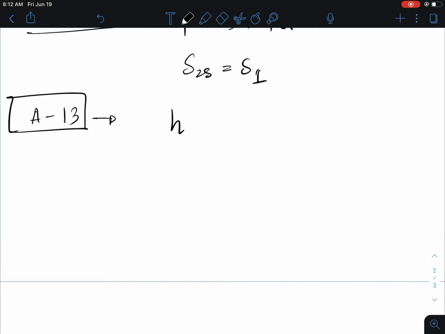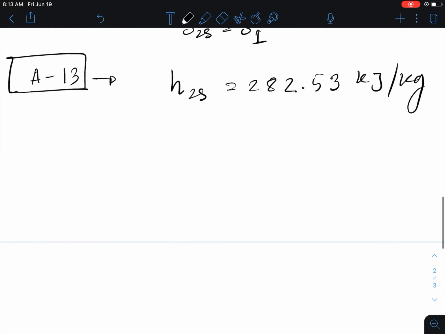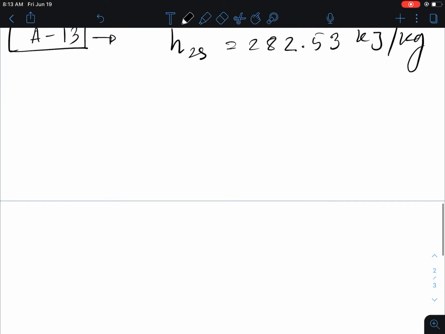Basically we need the enthalpy H2S. H2S equals 282.53 kilojoule per kg. So for the isentropic efficiency of a compressor, H2S minus